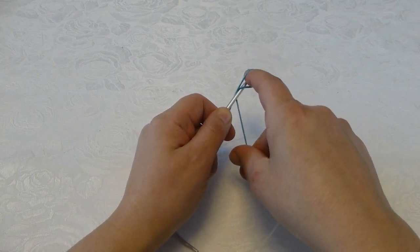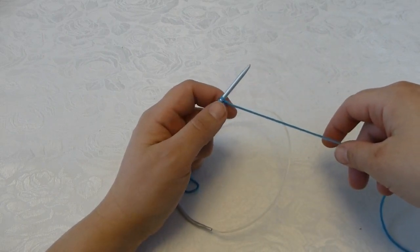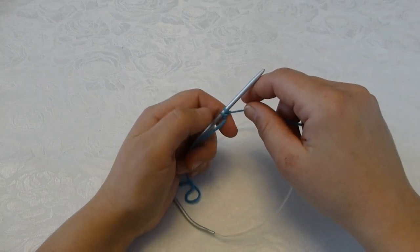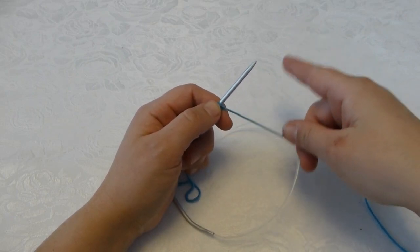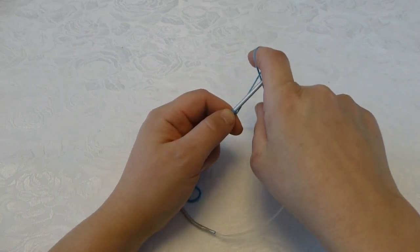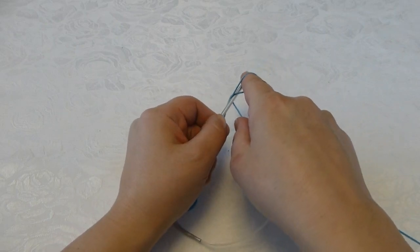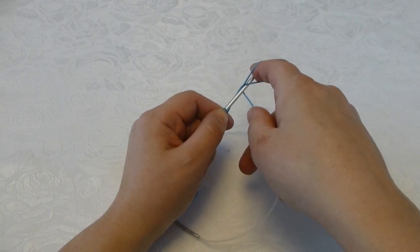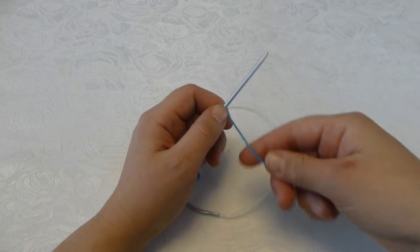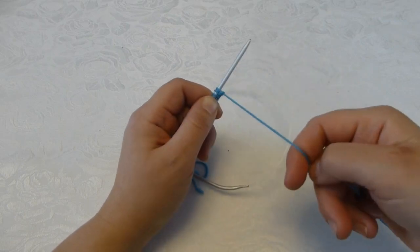I go to the tip of my index finger, up through the loop, I let it go, and I pull slightly on my yarn. Not too tight, because it'll be really difficult to knit the first row if you pull too tight. Again, I go from underneath and up, and I twist around to make a loop. Knitting needle on top, push down to the tip of my index finger. I move up through the loop, let it go, and tighten. So just repeat 92 times, not too tight,